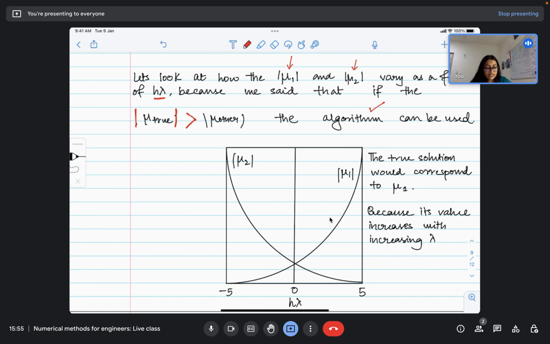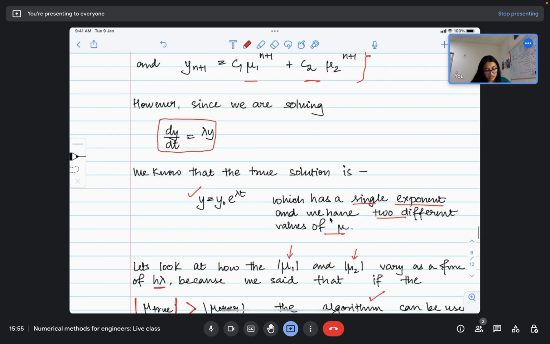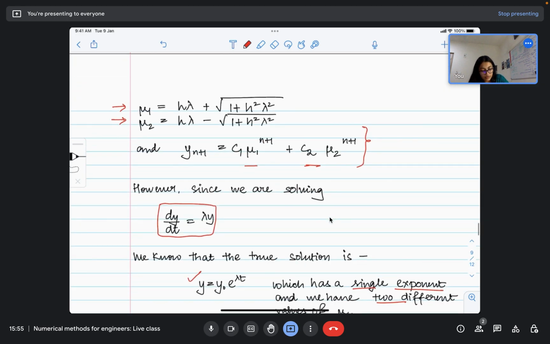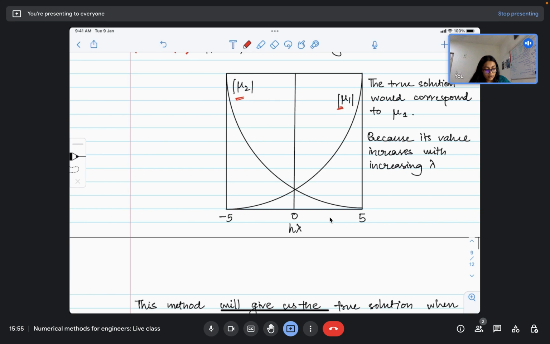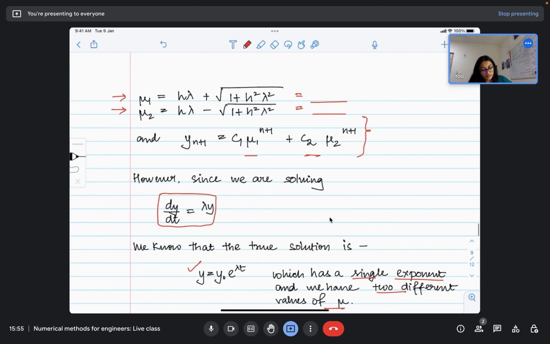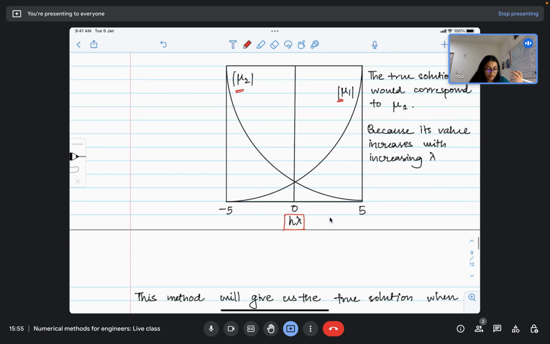Now if we plot mu1 and mu2 for this particular case, if you compute these values and plot them, you will get particular values. If you vary the h lambda value from minus 5 to plus 5, you have a set of data points, and if you plot it here, you will see